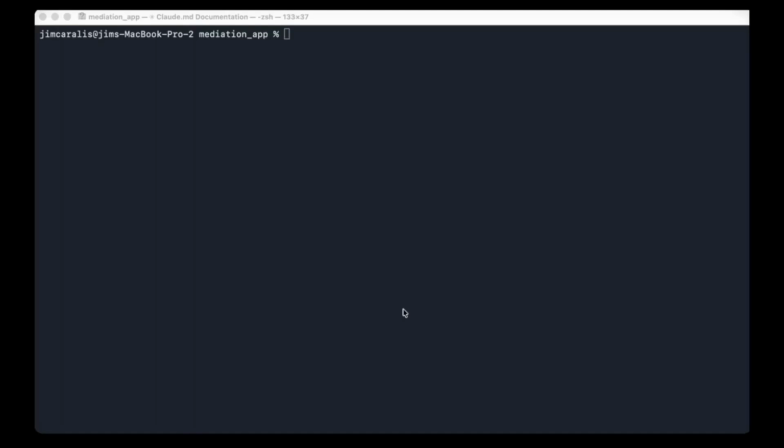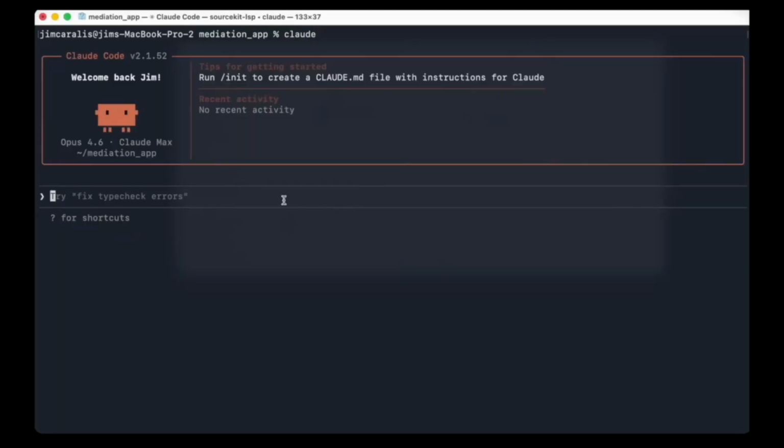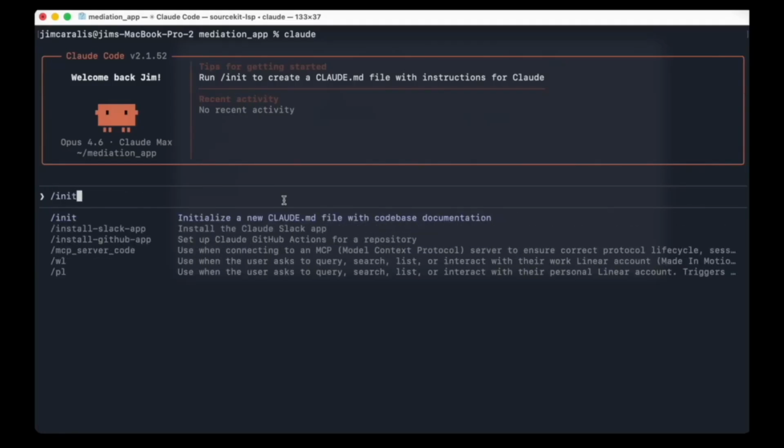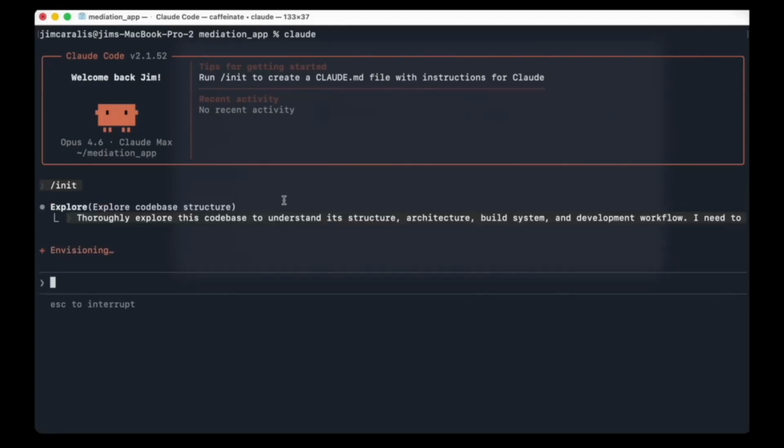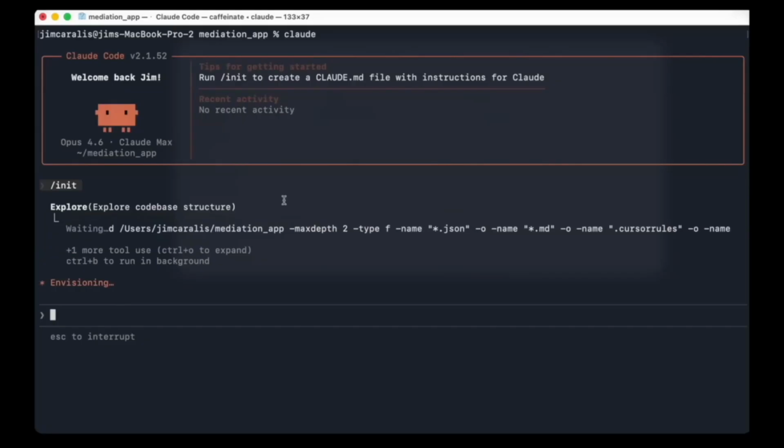So let's open up Claude. And all you have to do to create this, you can type in your own custom prompt if you want, so you can say the things that you want. But at this point in time, if you're a new developer, you probably don't know what that should be. So simply type in init, and it will initialize a new Claude file. It will go through your code base. It will look at all your files. It will look at the architecture, and it will understand the setup, and it will save it to this Claude.md